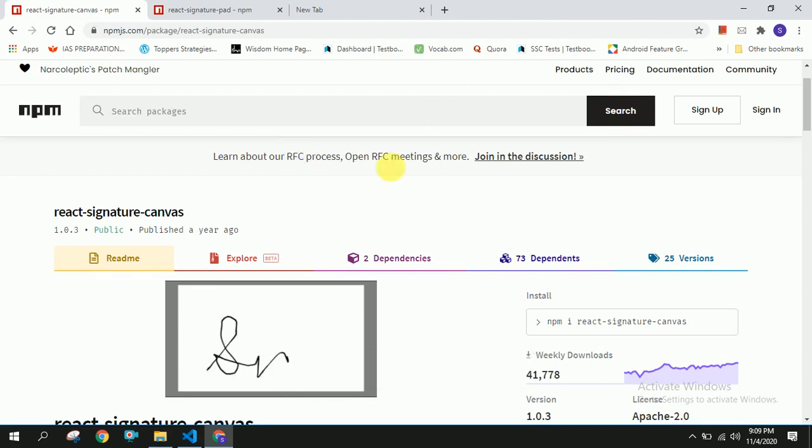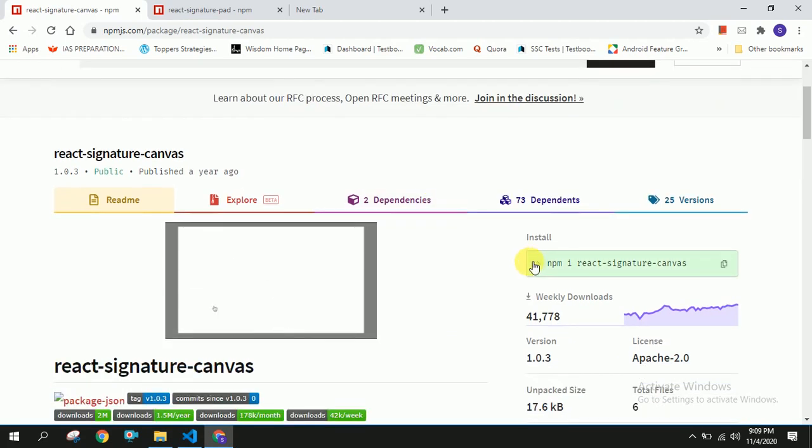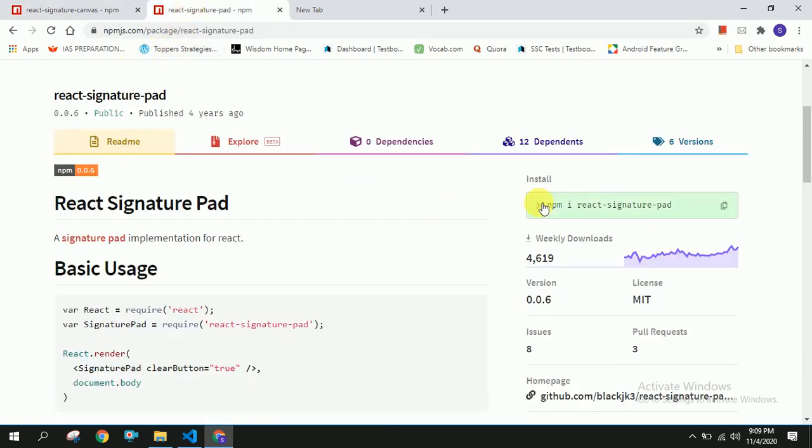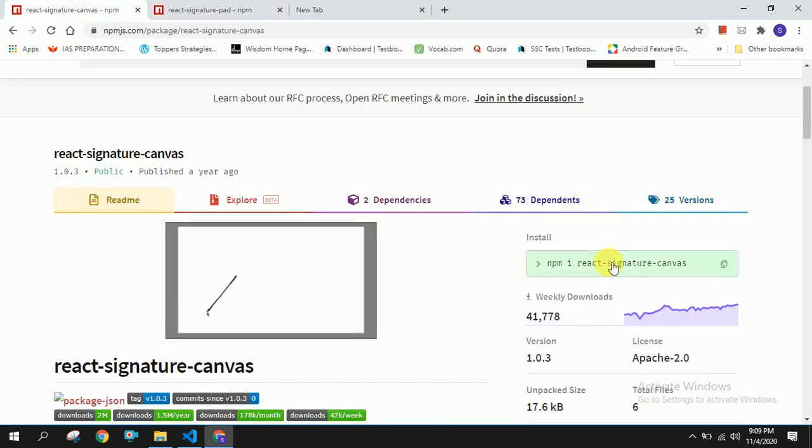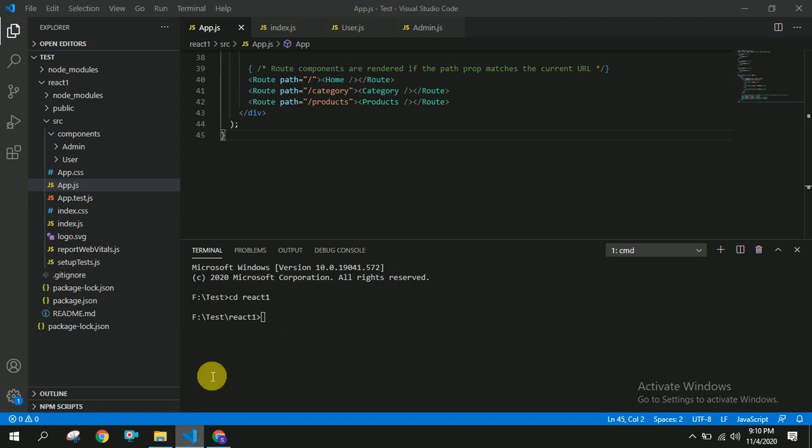So these are the installations required for creating the signature pad. This is one installation, npm install React signature canvas, and this is the second installation, npm install React signature pad. Now let's install this first one. I'm going to install this.